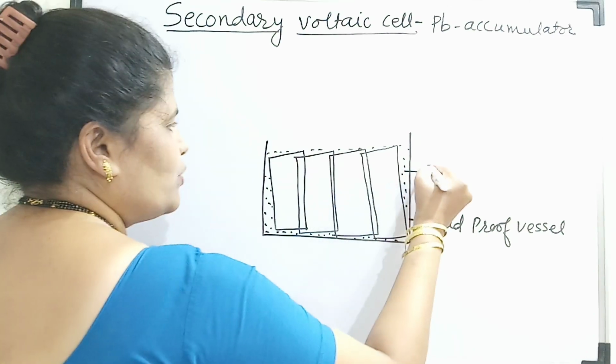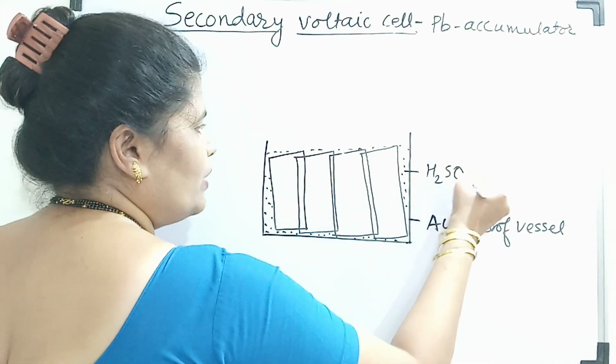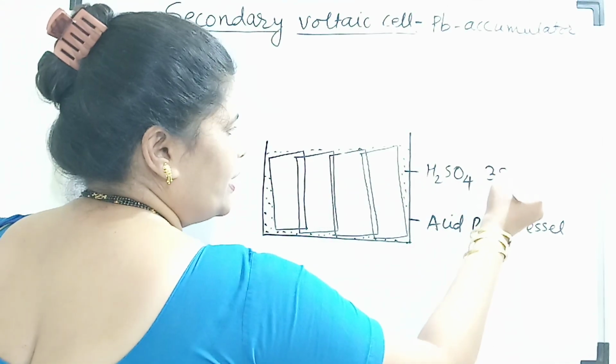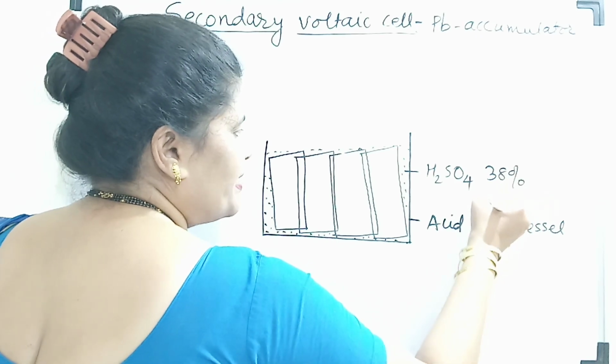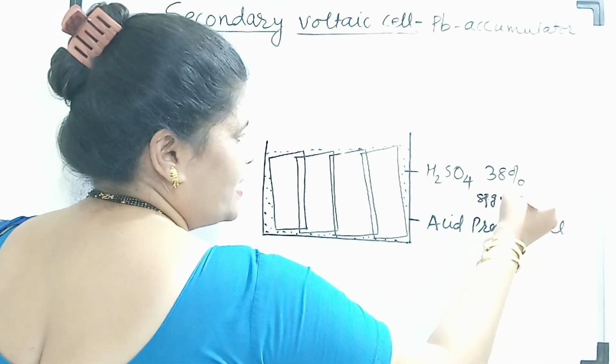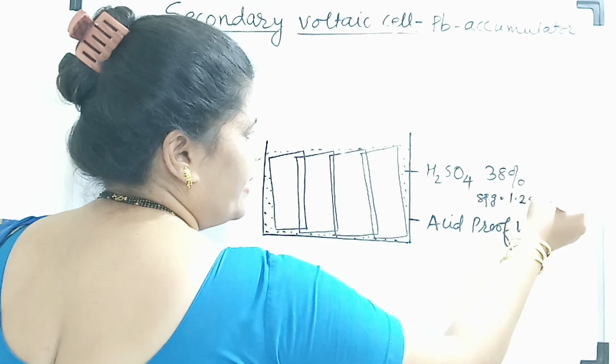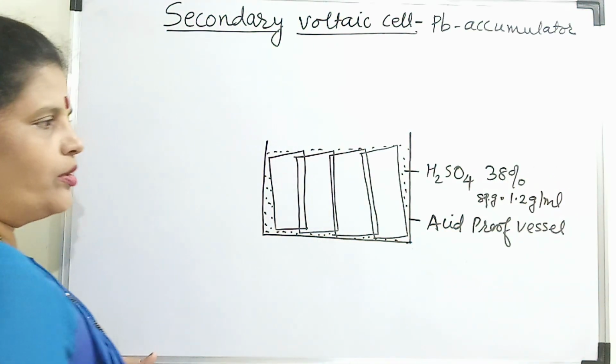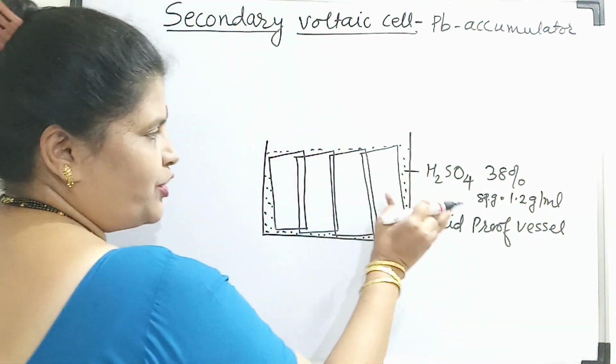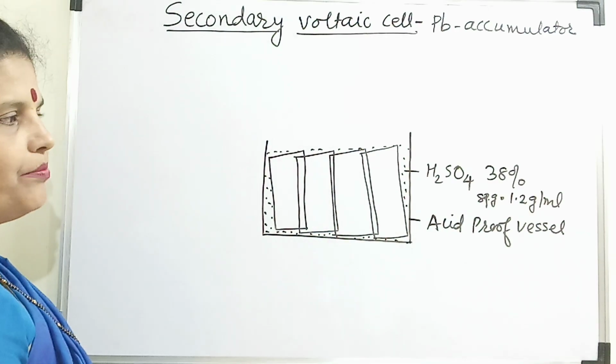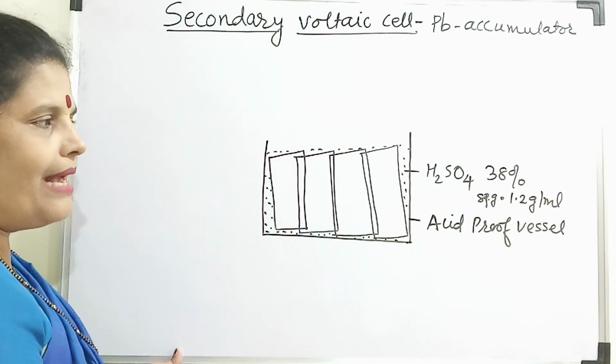The H2SO4 I am using as the electrolytic solution has a concentration of 38% and a specific gravity or density of 1.2 gram per ml. It is very important to note that the specific gravity must be maintained at 1.2 gram per ml